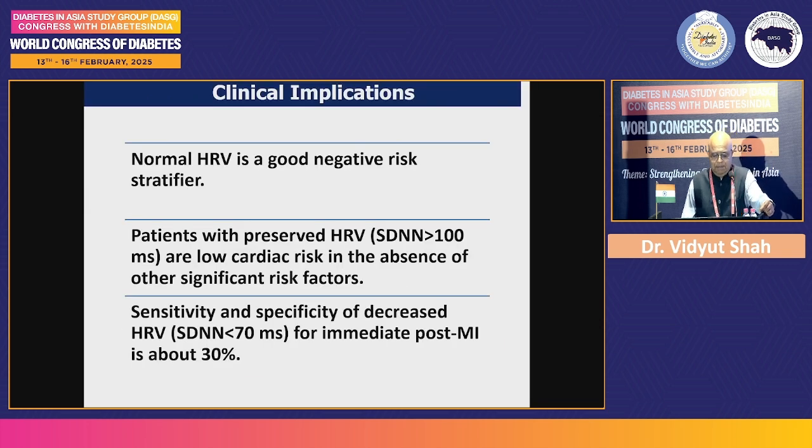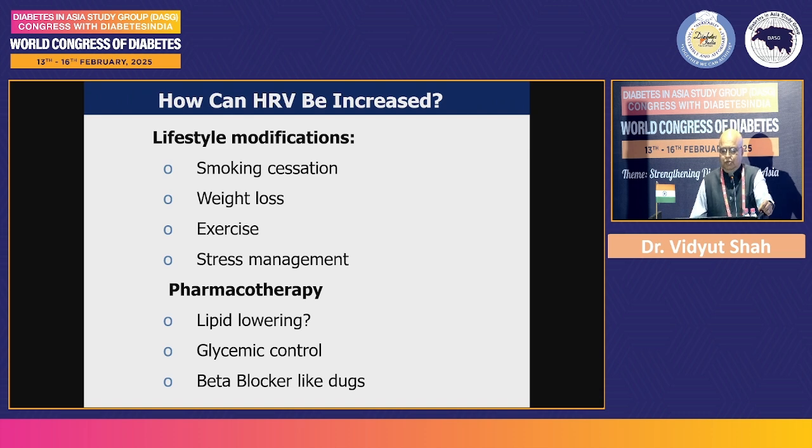What are the clinical implications? Normal HRV is a good negative risk stratifier. Patients with preserved HRV are low cardiac risk in absence of other significant risk factors, and sensitivity and specificity of a decreased HRV for the immediate post-MI period is about 30%. So how can HRV be increased, if you ask me? All lifestyle modifications, smoking cessation, weight loss, exercise, stress management, pharmacotherapy, lipid lowering, glycemic control, beta blocker like drugs, all